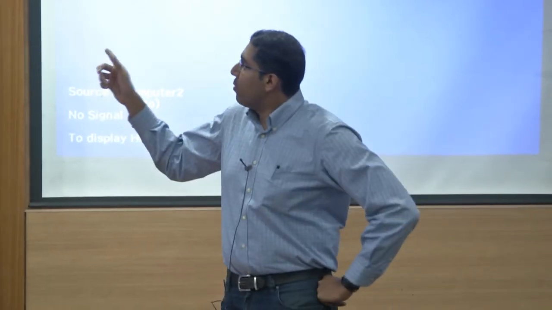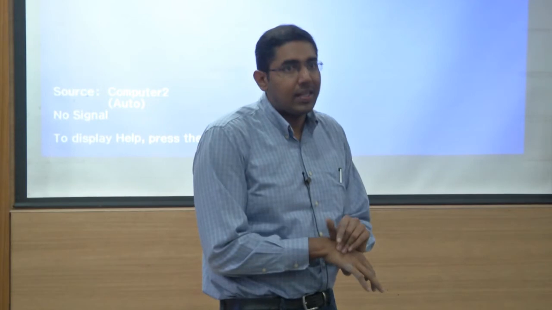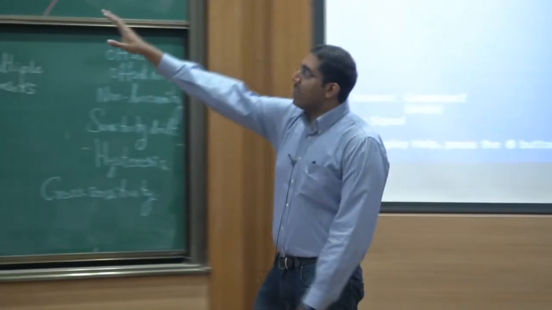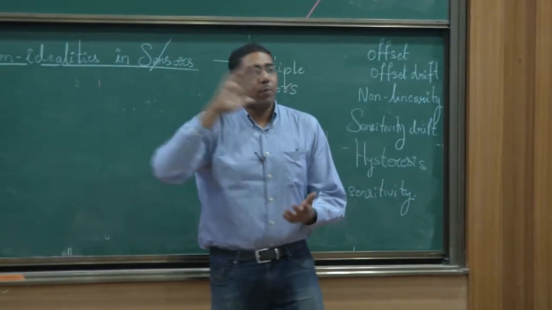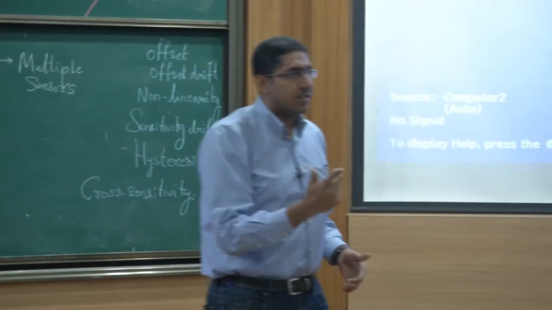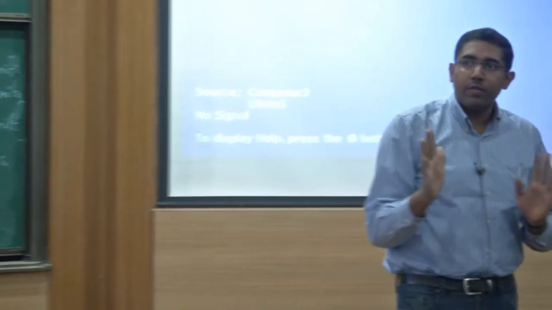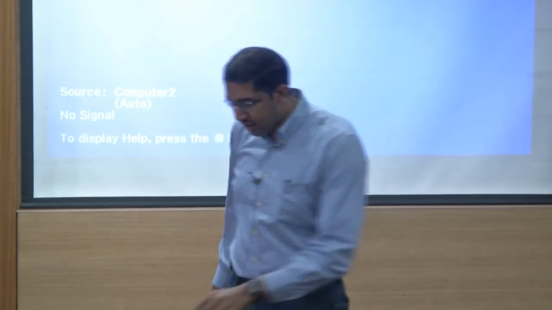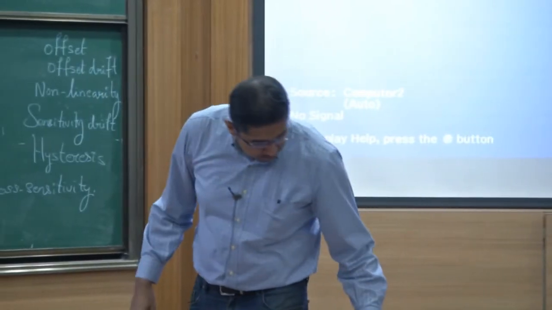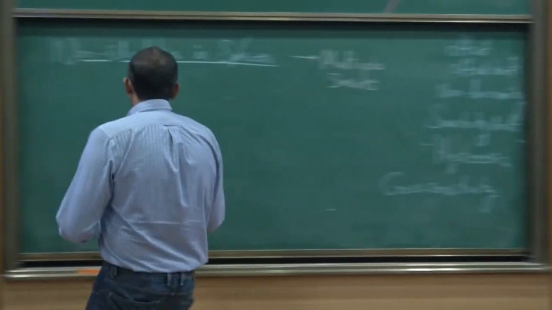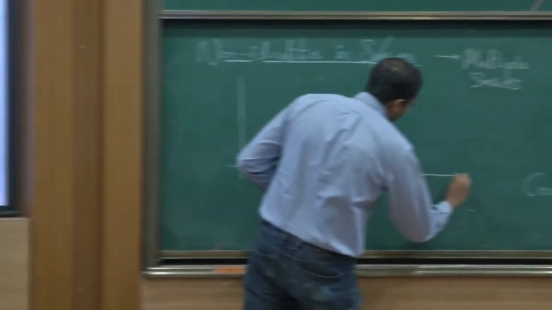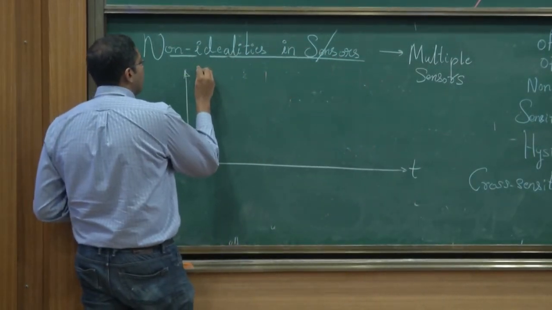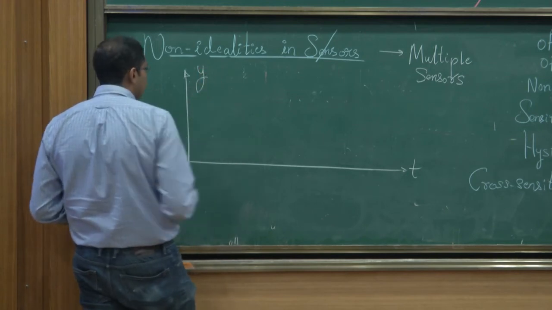So any other, one more point that I have to make is about how fast the sensor responds. See in this curve what is missing? Time. Time is missing, right? What does it mean? Immediately I present the sensor with an input, the output appears instantaneously. There is no question of delay or response time, okay? What does it mean is the following. Let's say you take some sensor and, this is time, this is the sensor output Y, okay?